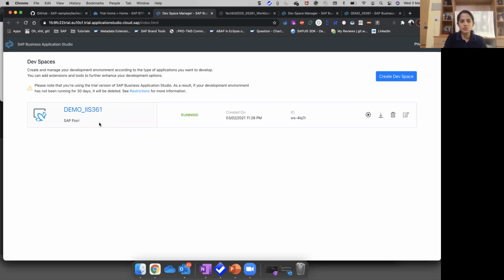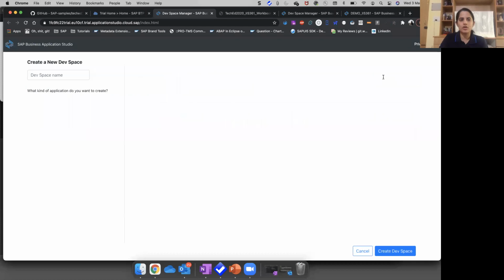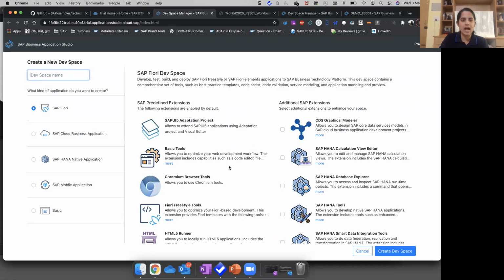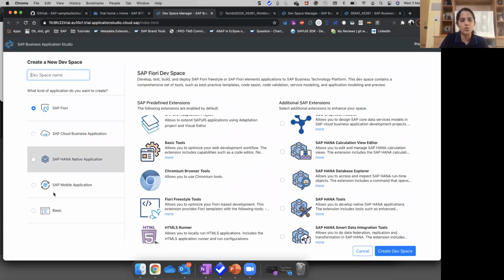Now, I already have this particular dev space which is running, and which is what I'll be using today. But for the benefit of every participant, I will quickly take you through how this can be done. So once you click on create dev spaces, you will have the options of creating dev spaces for various different types of applications. Since we will be focusing on creating SAP Fiori application, and since that is also the option that is auto selected,